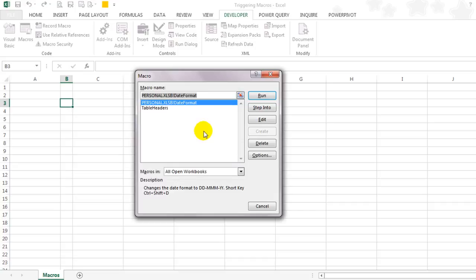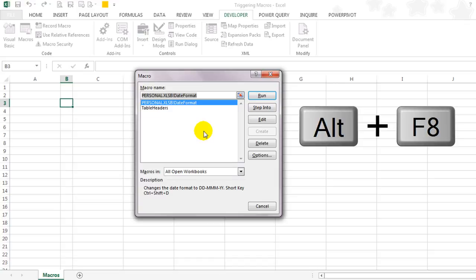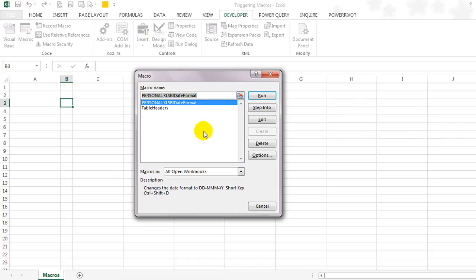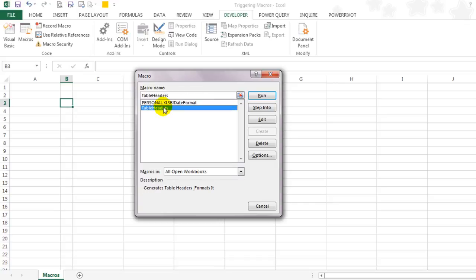All the macros that are currently available to you are displayed. You can also use the shortkeys Alt F8 to display the macro dialog box. The macro named Table Headers is the one which you're trying to execute. Notice B3 is currently the active cell. The particular macro is recorded using relative references, so our first column header should appear in cell B3 after the